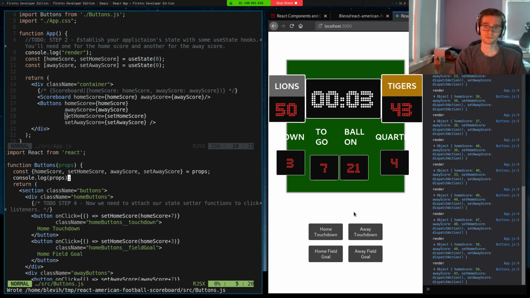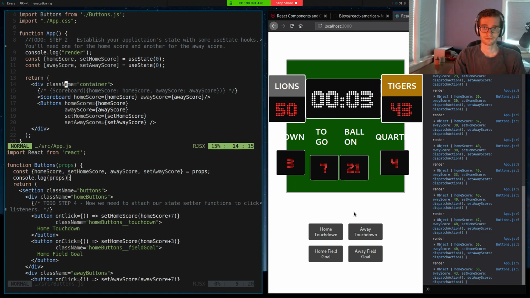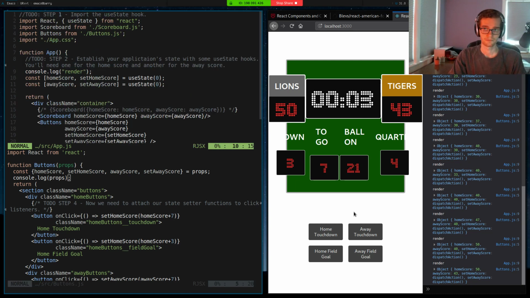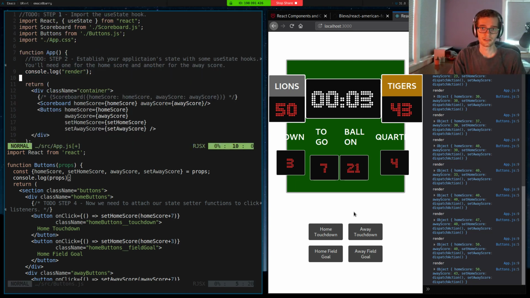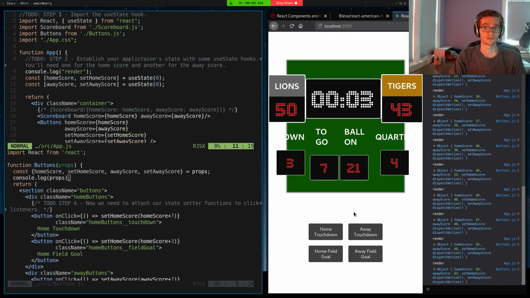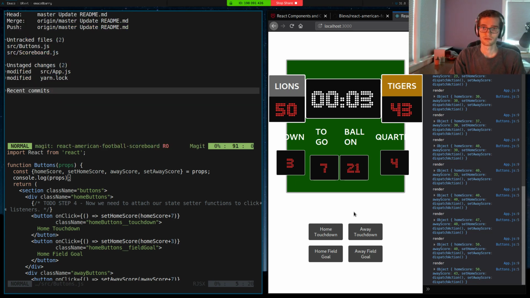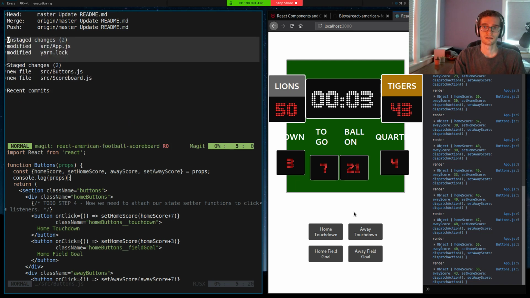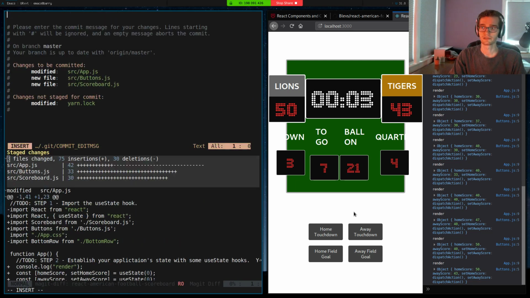I want to have a brief discussion about where we put our state. Before you continue on, is there a way for you just to give me a snapshot of that code? Because I'd like to compare that to mine before you complicate it. Absolutely. Thank you. So I will commit these